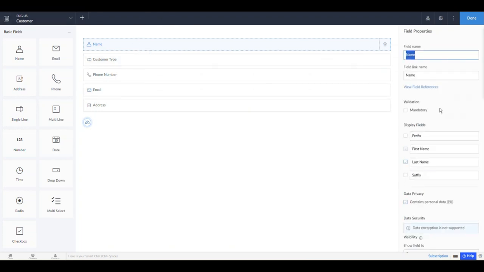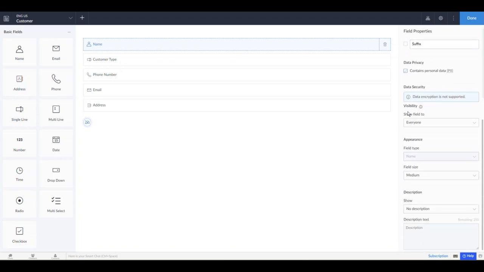For the customer form, we have this visibility permission, so we can set this to be visible for everyone, and also for the admin. As you can see, we don't have the option to do this based on the roles that we have here in Zoho Creator, but